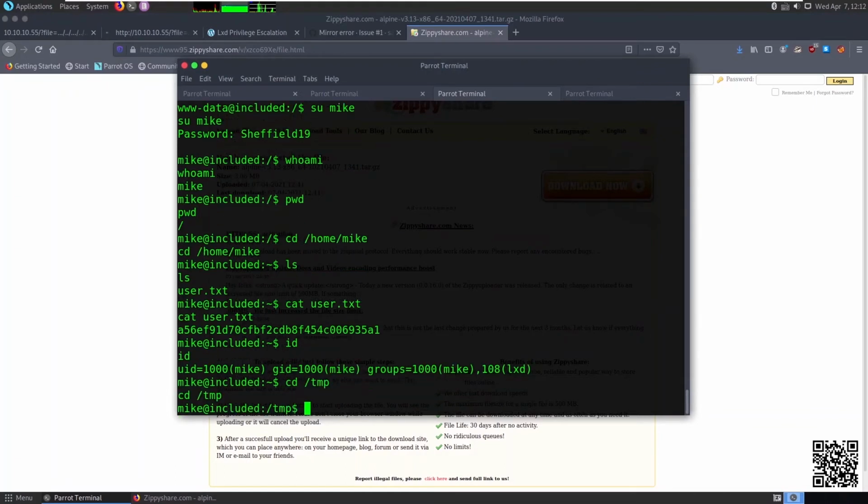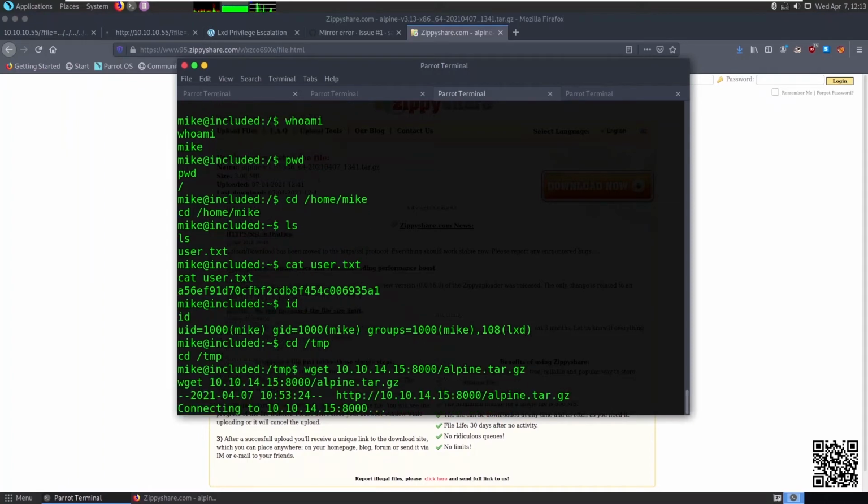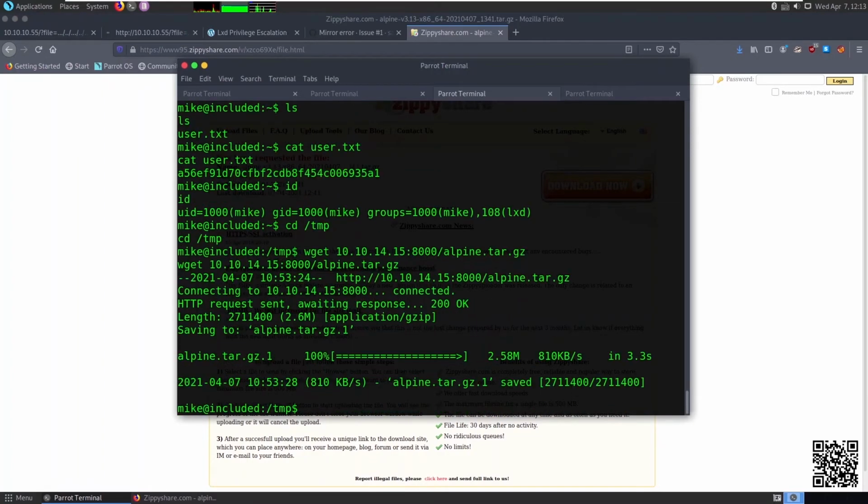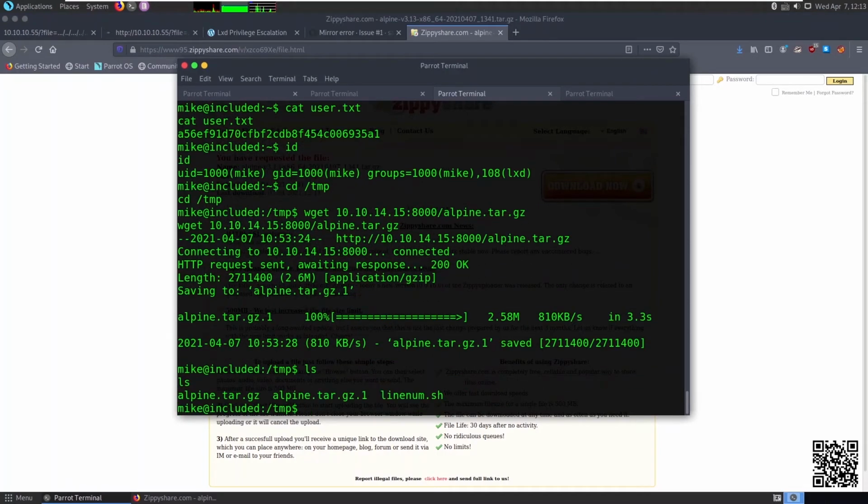So we can say wget. Say ls. Okay, there are two files, we can remove one, say rm.